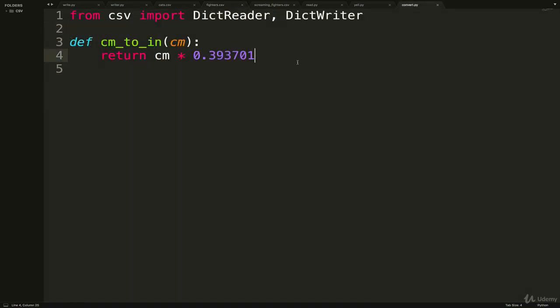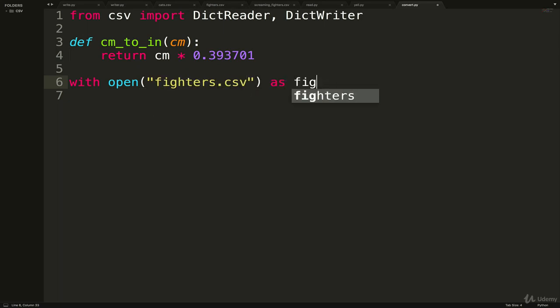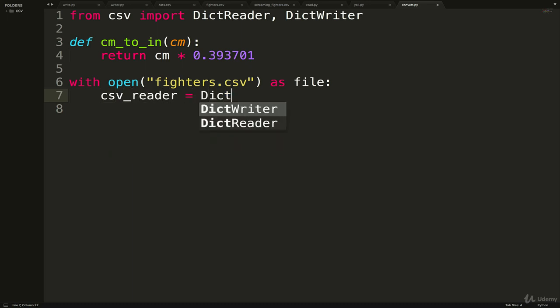All right, so the first thing we'll do, let's do it down here. It's just our with open, and the file is fighters.csv as file. And then in here, we're going to use dict reader. So we'll do csv_reader equals DictReader. We don't have to use dict reader. It's just if we're going to use dict writer, it's much easier to keep them in the same format.